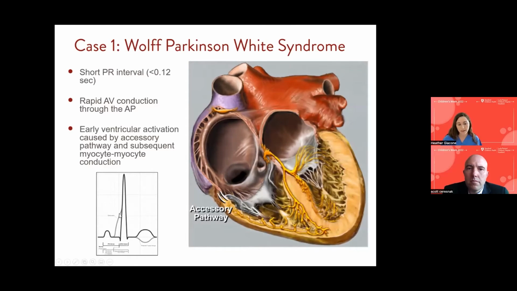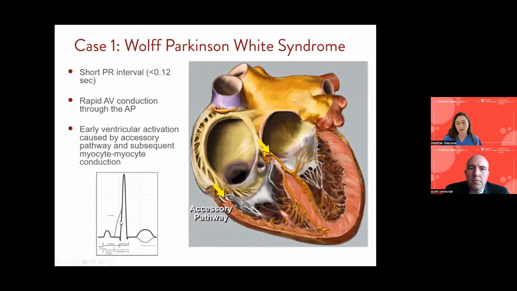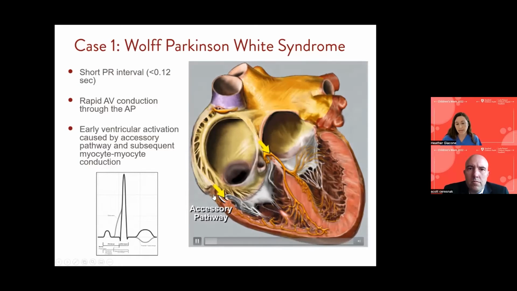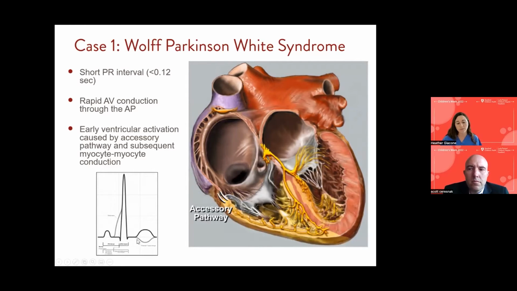And then as the normal conduction system catches up, there's a fusion or a summation of how those signals are sent down to the ventricle and how it actually depolarizes. Anytime that you're depolarizing the ventricle in an abnormal fashion, you can also get abnormal repolarization as well. So you'll have to note on the EKG that you can actually have T-wave abnormalities or inversions as well when you're seeing this.